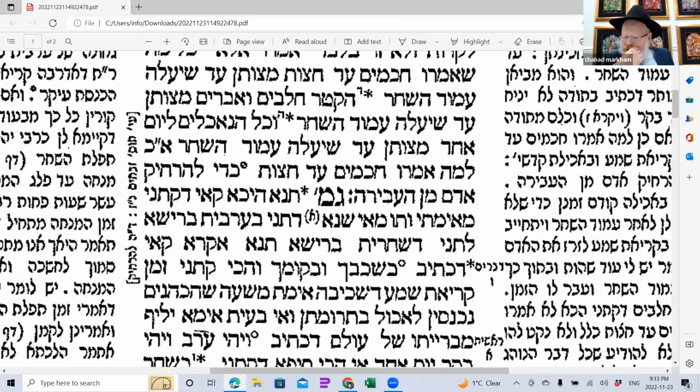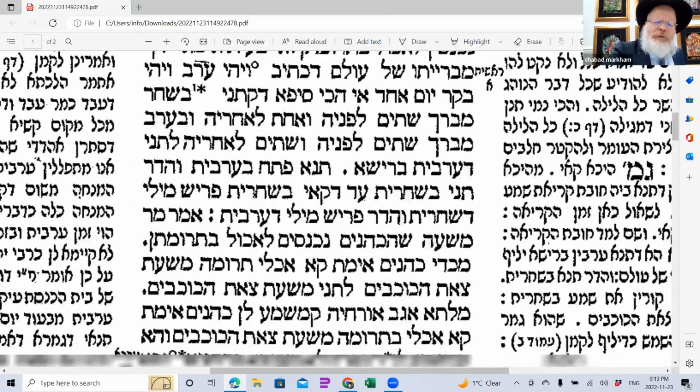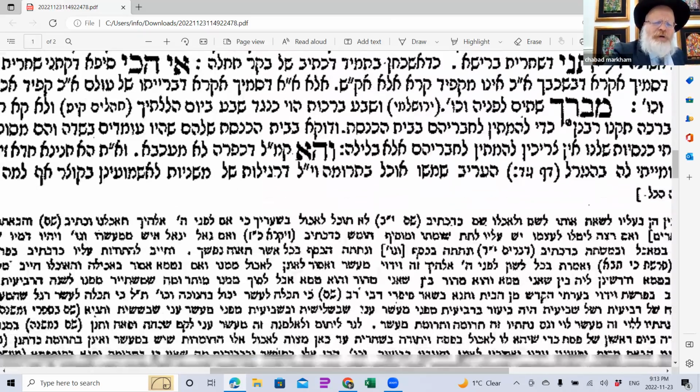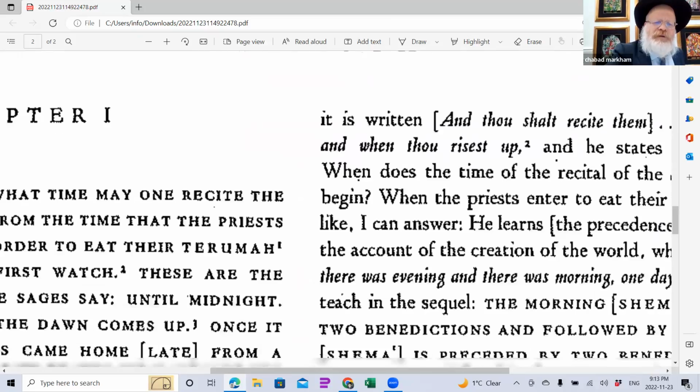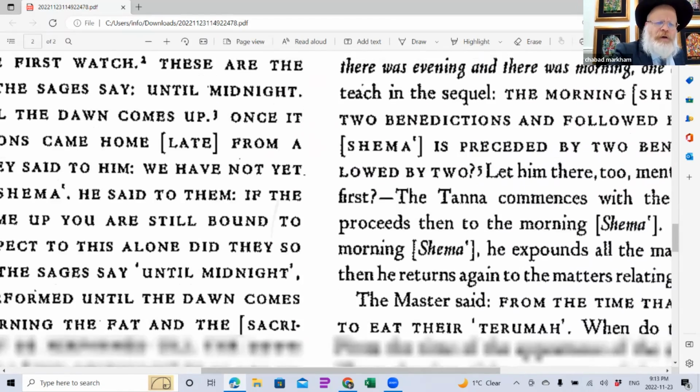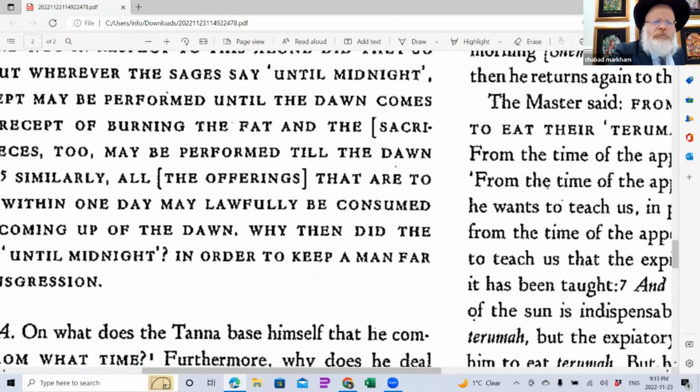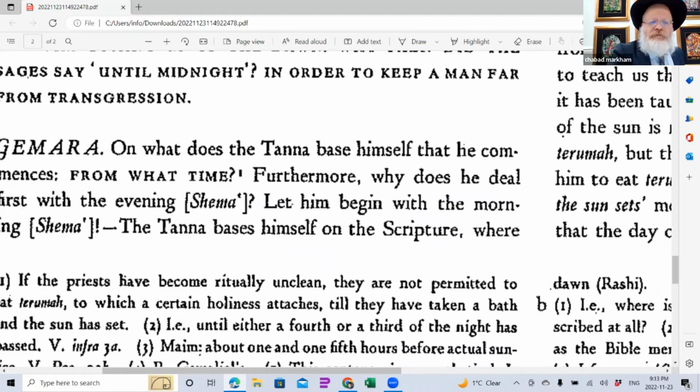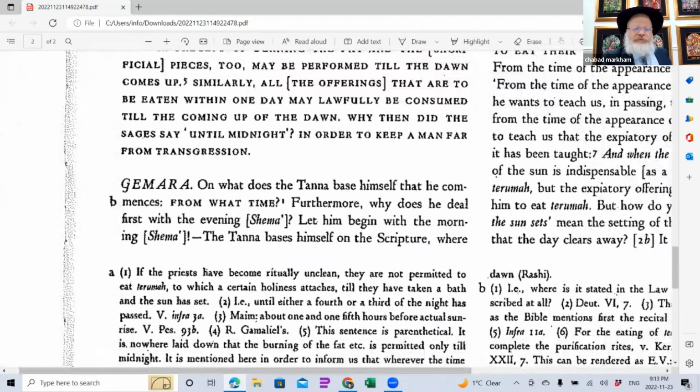This is what he says: Zman Kriya Shema, the Shkeva Eimas. When is the time for the sleepy Shema? The time the Koyanim go to eat the Truma. So I'm just reading you some of the Aramaic just to give you a little feel for it. But I'm going to go to the English because you guys like the English better. You see what it says Gemara in the English, right?